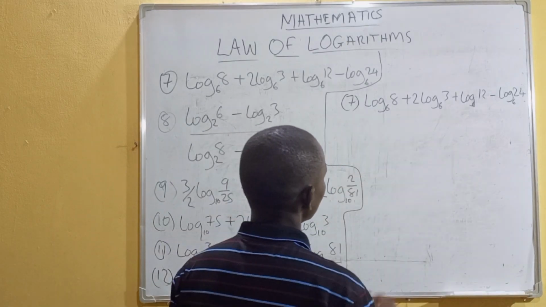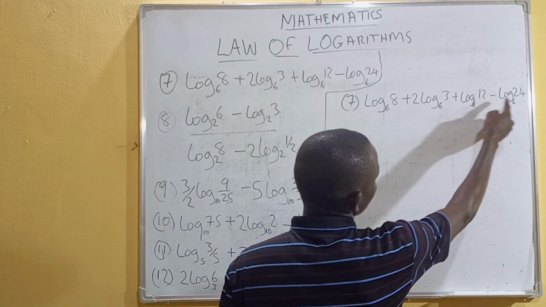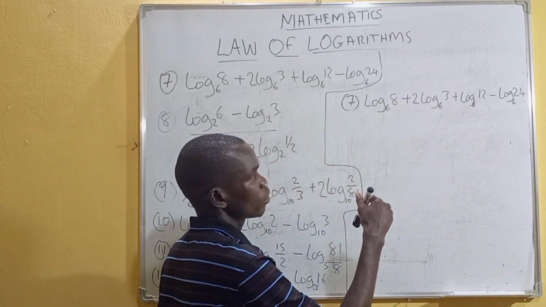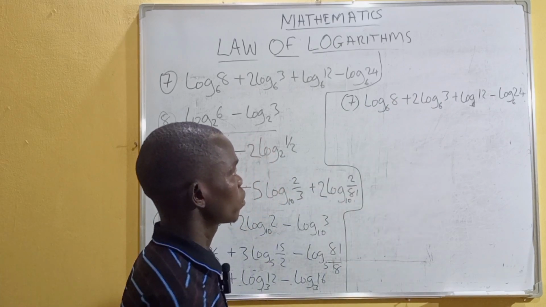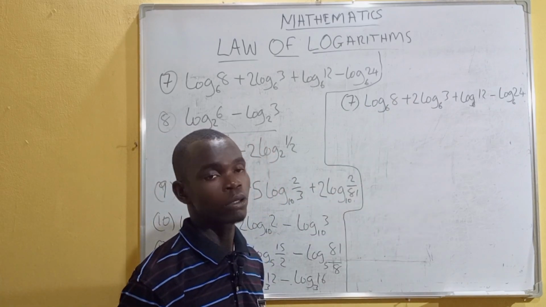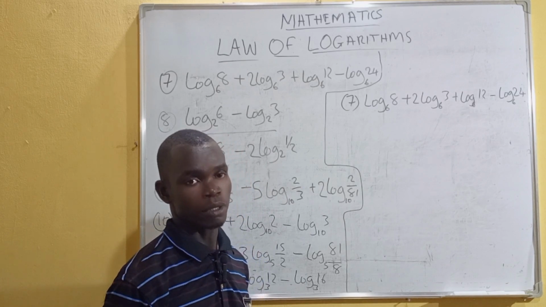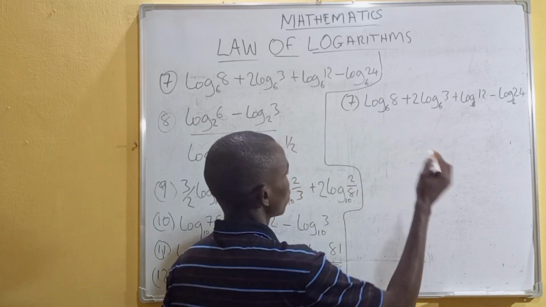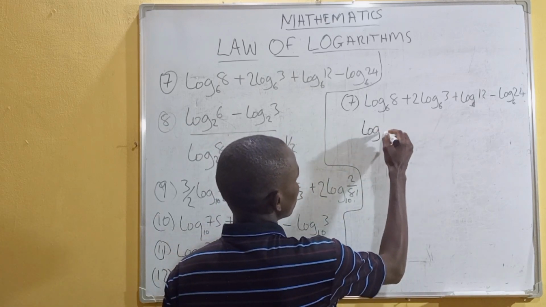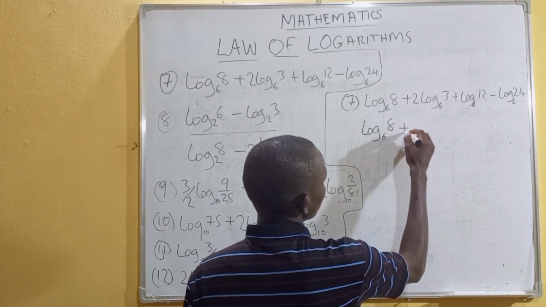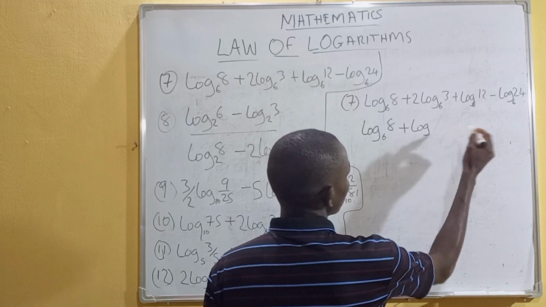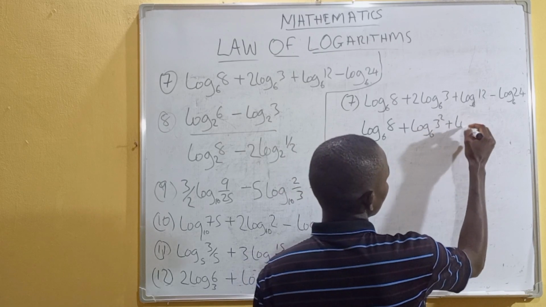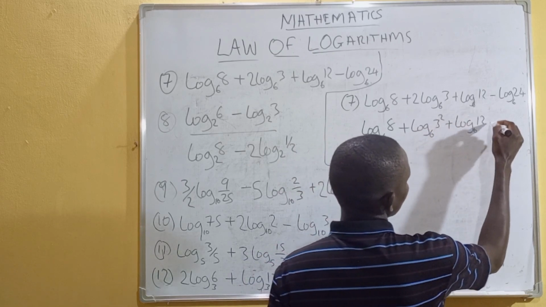From this question now, we have 8, 3, 12, and 24. You cannot simplify the log of this number to have the same value. So from here now, we can use the law of addition and subtraction. But first, we have to reverse this logarithm. So this will now be log 8 of 6 plus log 3 raised to the power 2 of 6 plus log 12 of 6 minus log